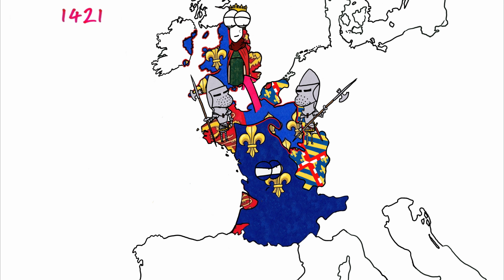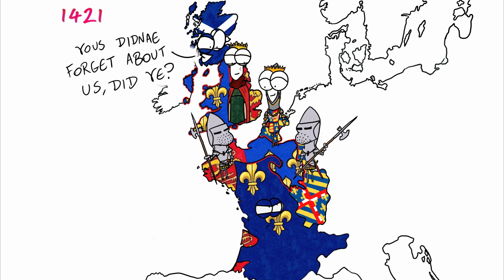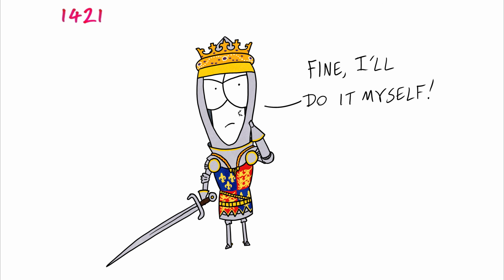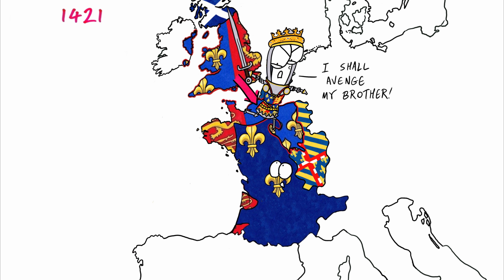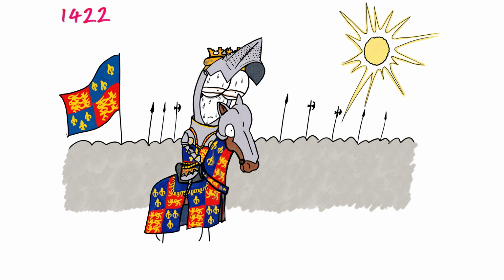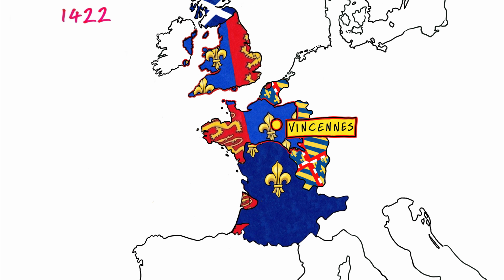Henry returned to England, so his brother Thomas, Duke of Clarence, was left to hold France. But after the French and Scots renewed the Old Alliance, Thomas was killed in battle. Henry returned to France once more to successfully retake the territory, while his wife Catherine gave birth to their only son, another Henry. While waging war in France, King Henry fell into poor health from which he would not recover,